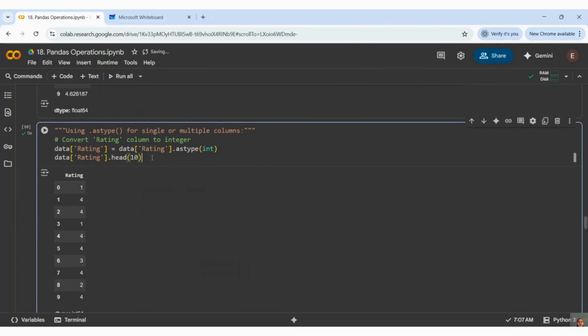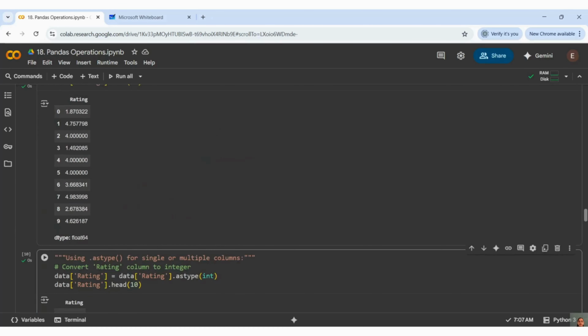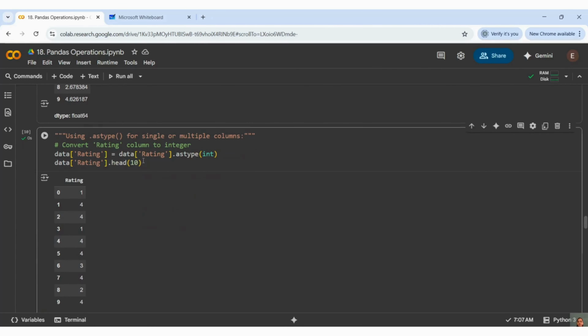Now we will understand how we can do type conversion in pandas. So consider that you have one data set, and there are so many columns which have floating values and you do not want them to mistakenly become floating. Consider that you have seen rating in this data set, right?